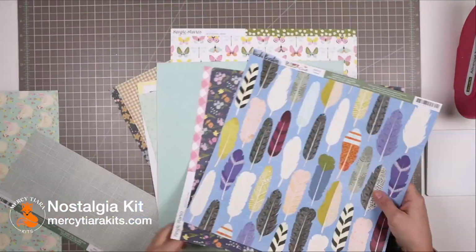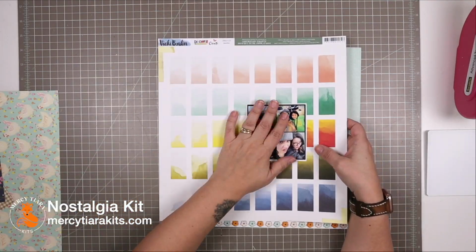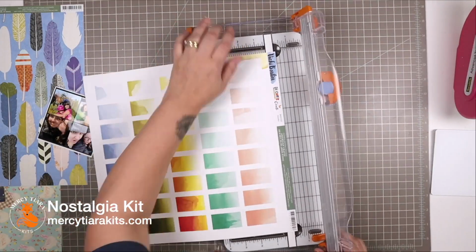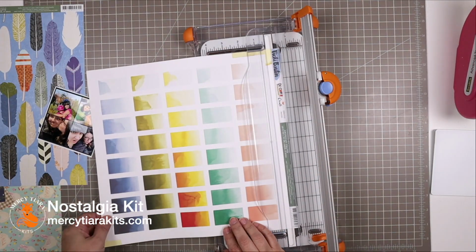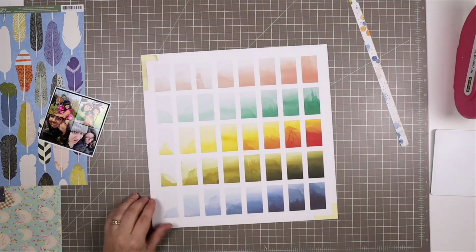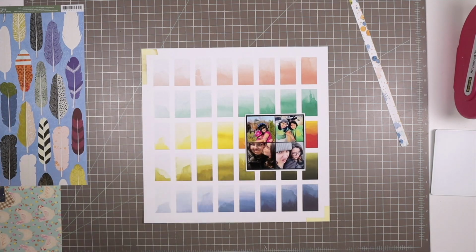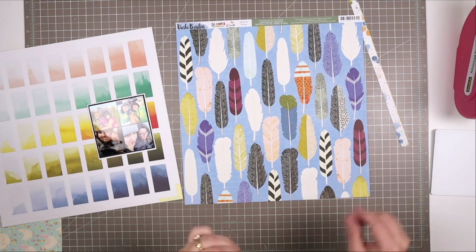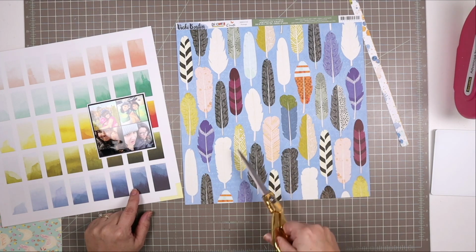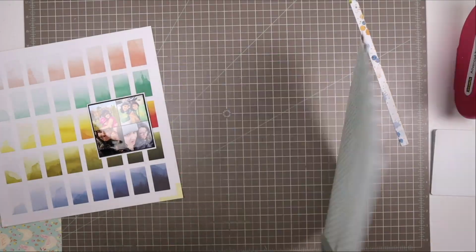Now, this feather paper was the starting off point, but I'm actually not going to use that as my background. I think I'm going to use this swatch paper, also from Vicky Bouton's Discover and Create collection, and all of these came in the kit this month. I'm going to start by cutting off the designer strip, and I noticed that it's this really cool pattern, so I'm actually going to use that on the page as well, that paint splatter. And I'm going to selectively cut out a couple of these feathers. I'm going to take this whitish one, the black and white one,